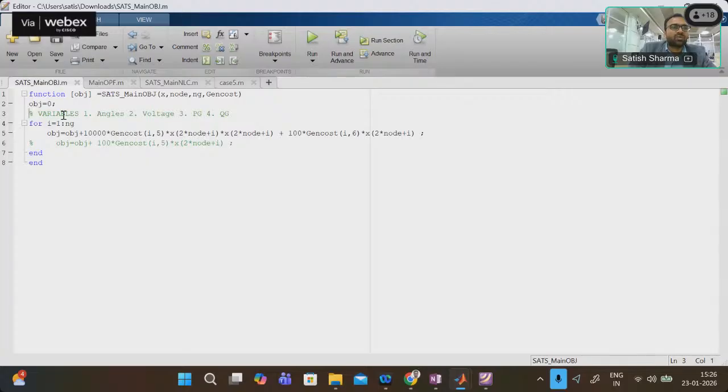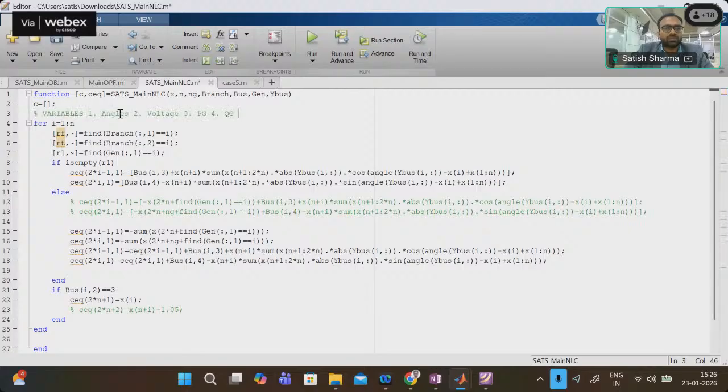Our variable number for the PG was after the angle and voltage. So we have 2 into n number of angles and voltages, and after that we get a PG. So I have placed PG there. Suppose there are two generators, that number will come here, and I have added the respective variables. So if there are two generators at bus 1, the formulation will basically be